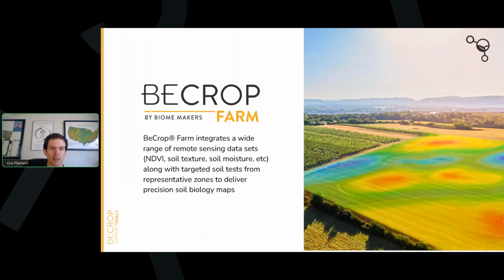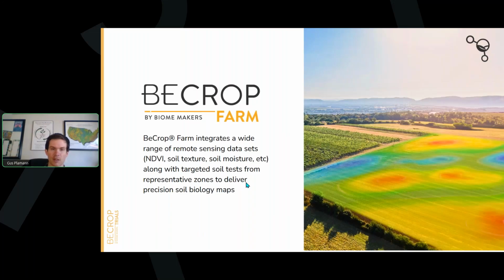And then these different layers of remote sensing data are used to inform and target where soil tests can most effectively deliver data on representative zones. So that's what's used to ultimately create these soil biology maps